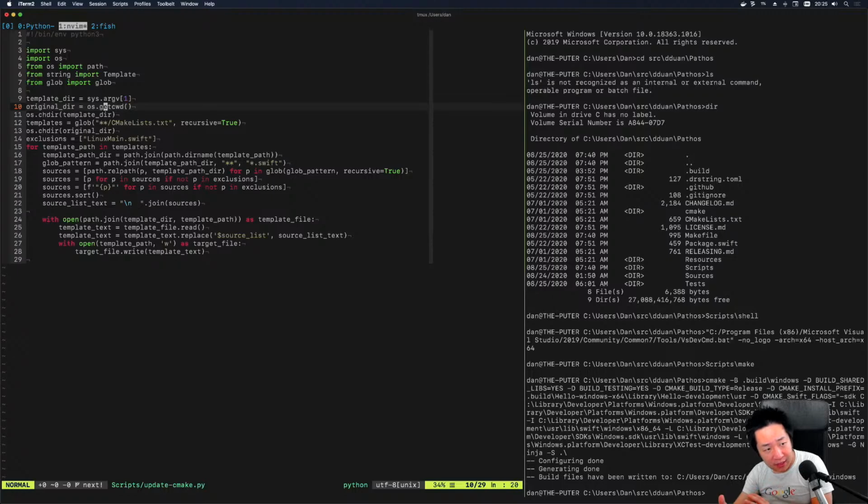We get the current directory, and then we change the program's current working directory to a given directory via the command line argument. We do a glob, and then we change it again, and then we join some paths, and then we join more paths, and then we find the relative paths in terms of a given path in terms of another root, and then we do more globbing. So anyways, I didn't intend to write this file as an illustration, but I happen to, and Python is available everywhere. So it's very handy that I can update the CMake list